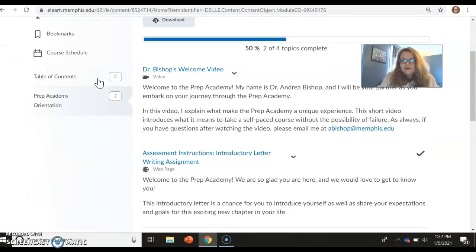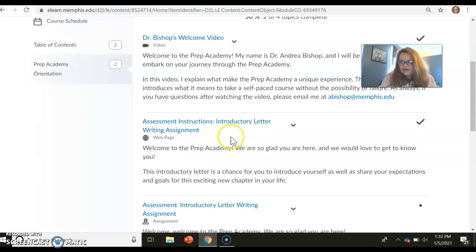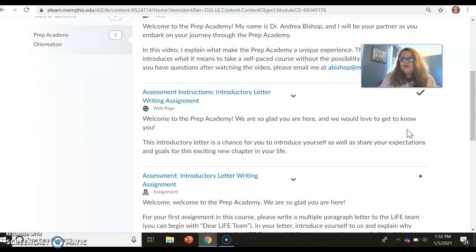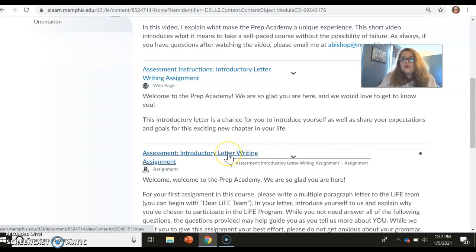Watch that, learn from it, and then you're going to click on the next thing and read, watch, understand, whatever it's requiring you to do. Every time you do that, you're going to change the dot into a check mark. You have to change all of the dots to check marks to be able to move to the next module, okay? So for this third one,